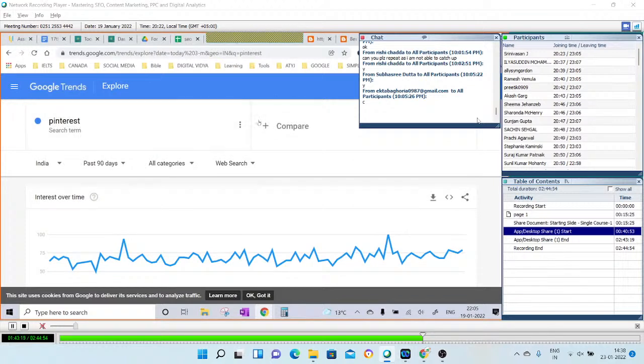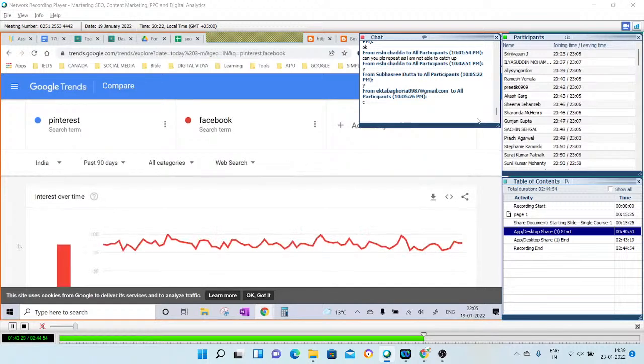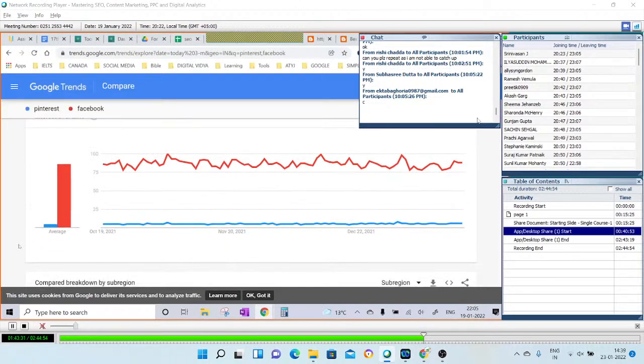Okay, so if I just compare, you would get a lot of understanding. Pinterest in India, and now I'll check which is more famous, maybe Facebook. So you can just see the comparison. In percentage, if Facebook has been searched 93%, Pinterest has been searched just 4%.